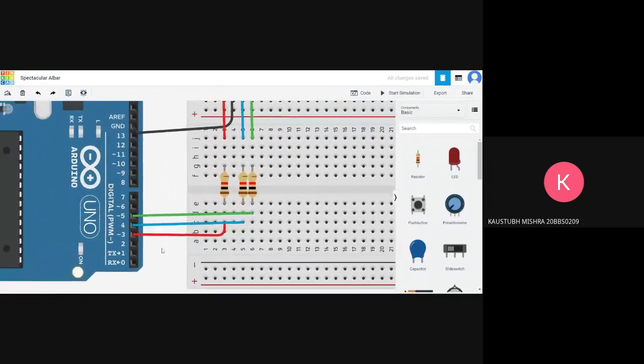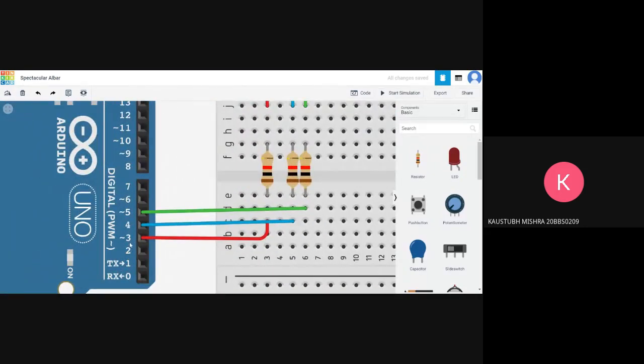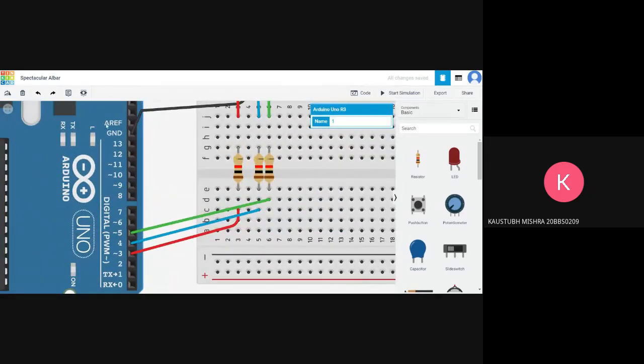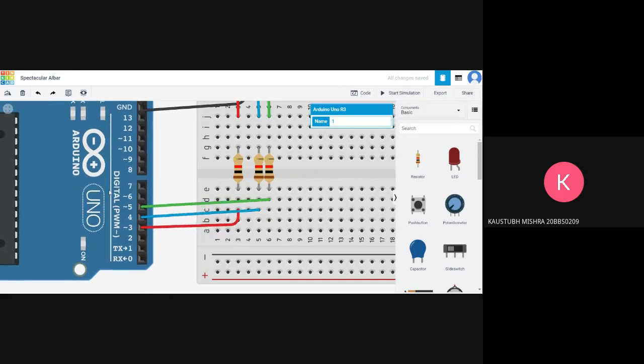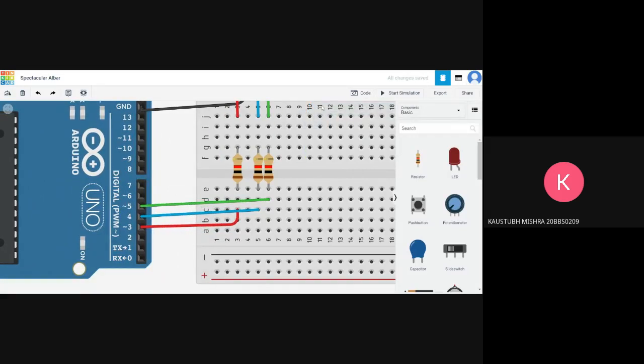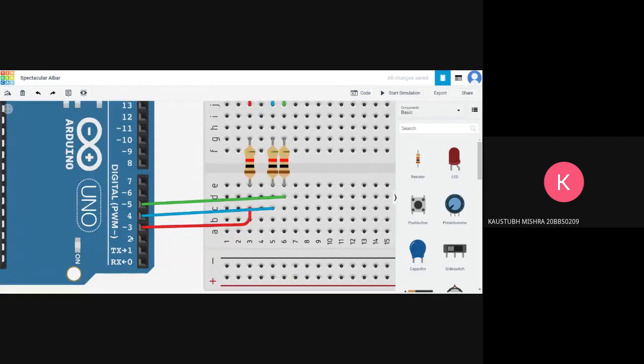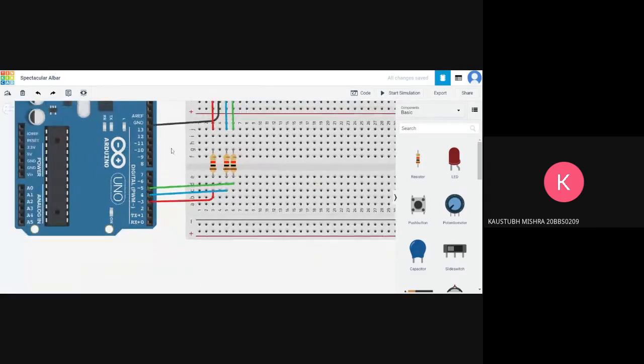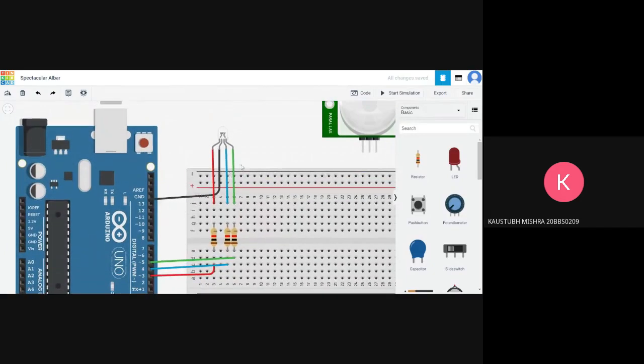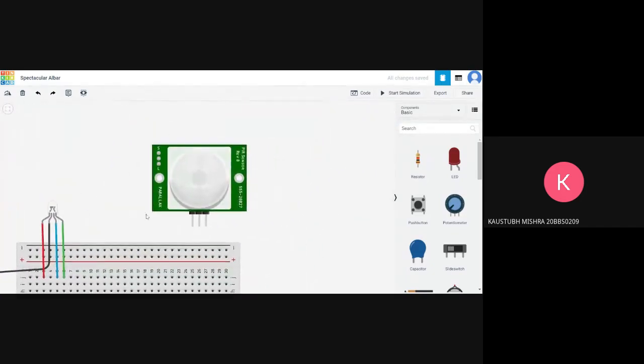Okay, and as you can see, all these digital pins are numbered from 0 all the way to 13, and then ground. This is done so that when we start coding with our Arduino, it knows what pin it is working with. Otherwise, it will just be sending random currents everywhere, messing up your circuit. So this is why they are numbered, and we need to remember what wire we are connecting to what terminal. Since we have connected up the LED now, let's move on to the PIR sensor.